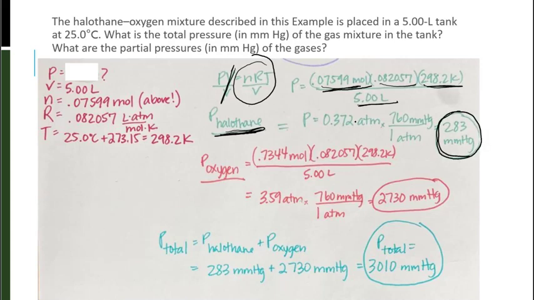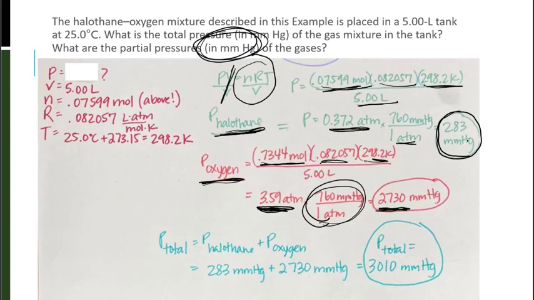Now remember, when I got my answer, it was in atmospheres. I had to convert from atmospheres to millimeters of mercury because it asked for it. Then I'm going to do oxygen. I took my moles of oxygen from the previous slide. So N times R times T, all divided by 5 liters, and I got 3.59 atmospheres. Then atmospheres to millimeters of mercury to get